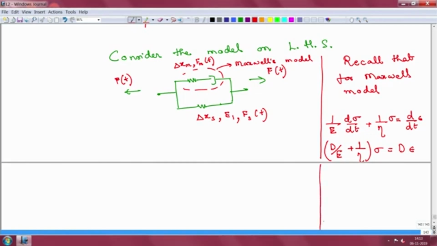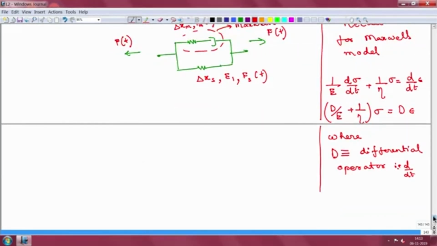Maybe I will just continue it here, where d is the differential operator. I am actually simplifying for the sake of algebra. So, basically that is d by dt. Okay. So, I just want to make my life a little bit easier, that is why I am using this kind of a notation. So, when it comes to the first is the Maxwell model,